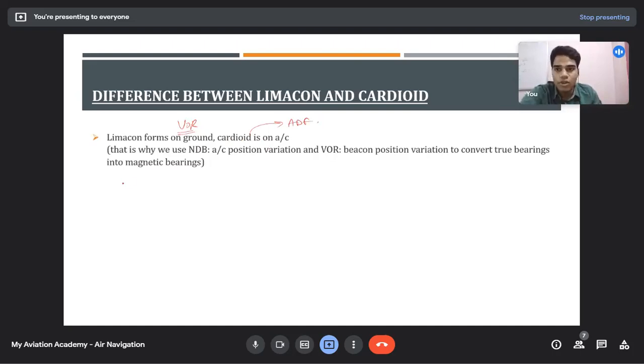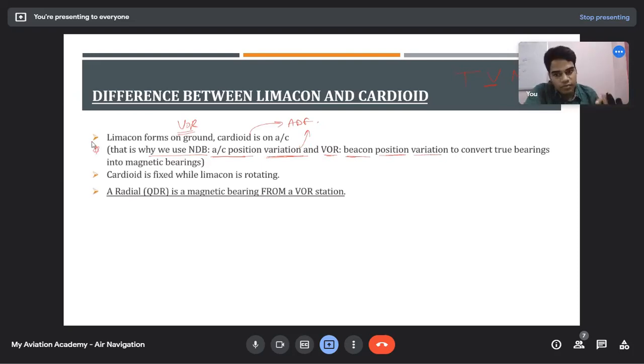Now, a right question has come in the Oxford also. We use the NDB, aircraft position variation. Now the variation, remember, is the same thing, TVMDC variation. So for the aircraft position variation and VOR and NDB, wherever variation is given, you will apply it on the aircraft, because wherever the structures are created, that is where you will apply the variation. There are many examples in Keith Williams where variation is given, so you have to apply accordingly. And if the question is giving you variation in VOR, where will you apply it? You will apply it where the beacon position is. This is a direct question, guys.